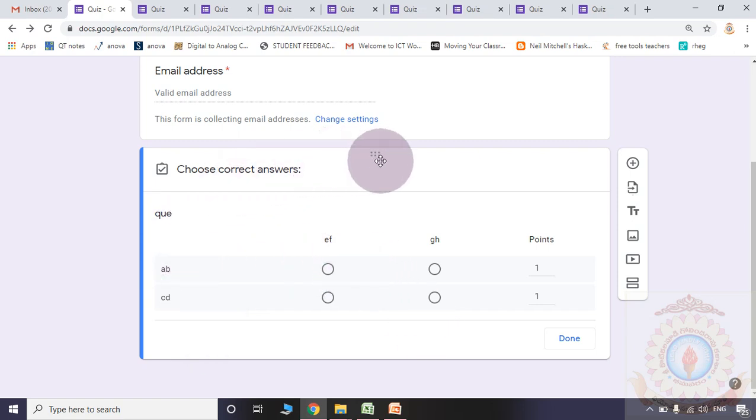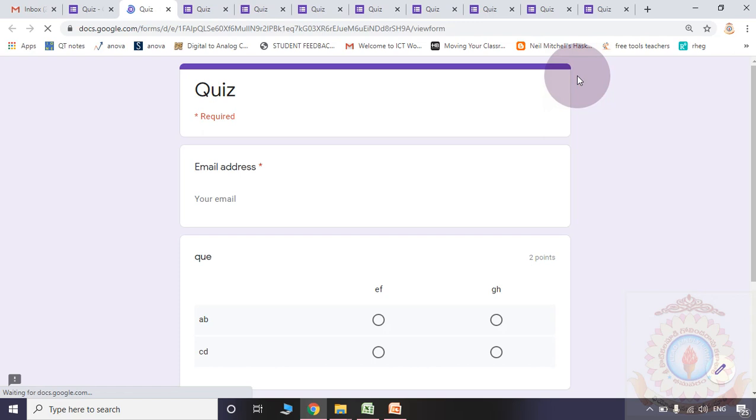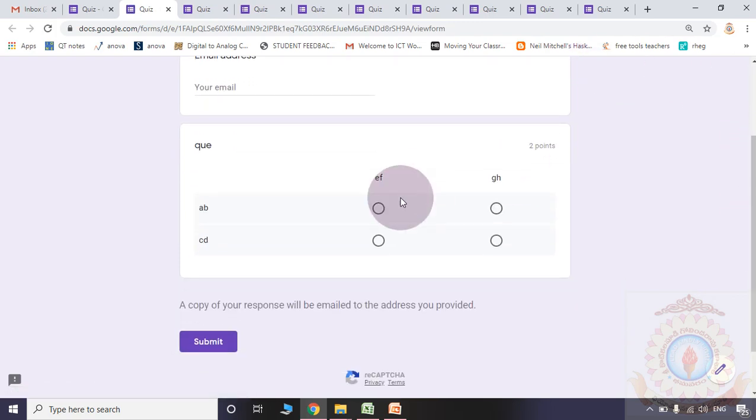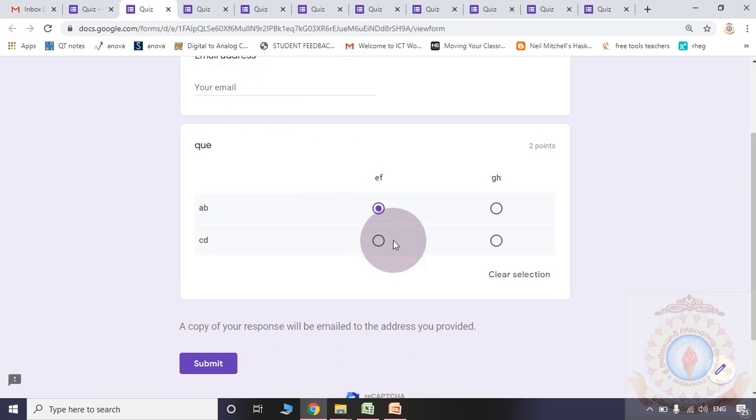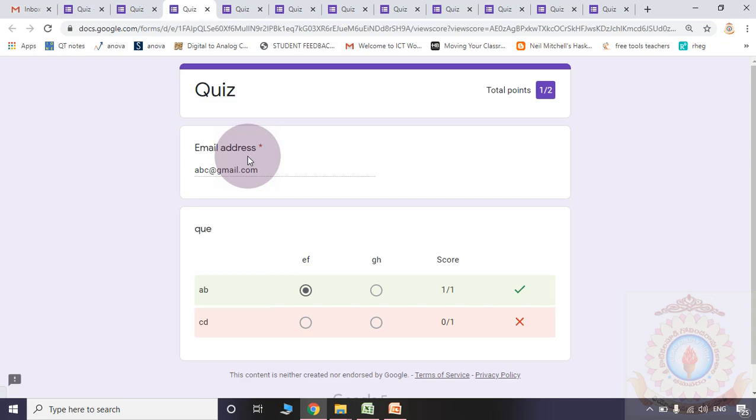Here please observe, in the multiple choice grid, for every row they may choose one option as the correct one from the possible columns. For example, I am selecting this as the correct answer, and this as the correct answer in the second row. If I am saving here and observing the preview, if the student selects this one, I am submitting. Whenever I am checking the score, please observe,